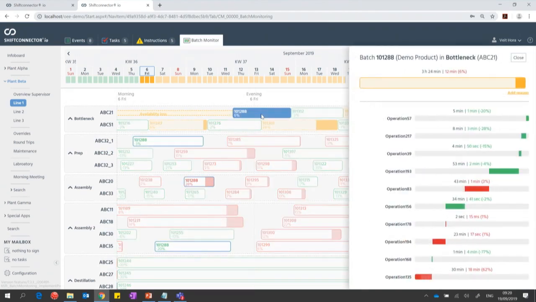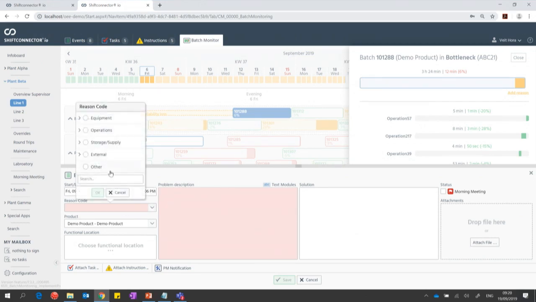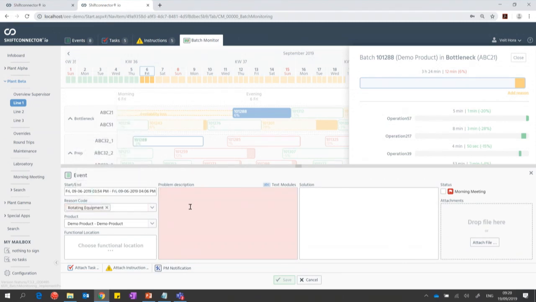So I'm going to click that unit procedure. What I can now see here is a list of operations, but the system is configured to collect reason codes and context information really on a unit procedure level. So I'm clicking that, and again it brings me up that form which I can use to add context to my loss data here. So let's say this is something with rotating equipment. Let's say pump running slow, need